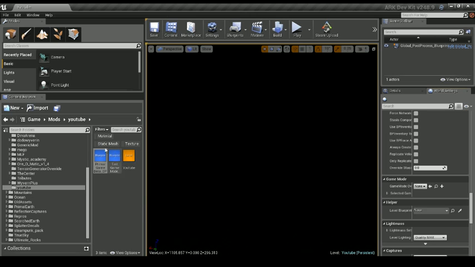So now that that's accomplished, everything is saved. You have your 3 main files that you need to mod, and we can continue to the next tutorial, which is setting up our first